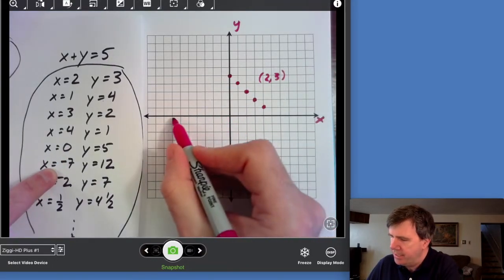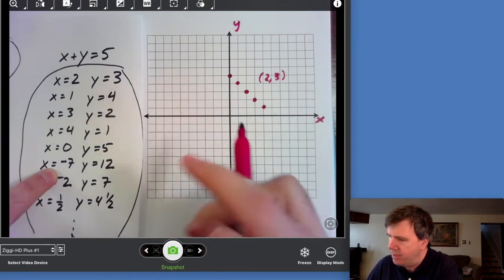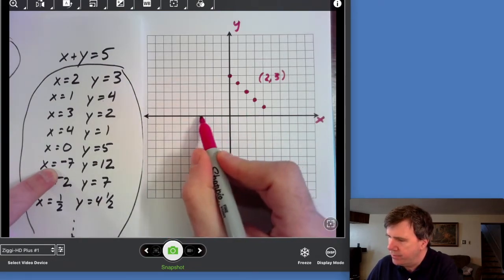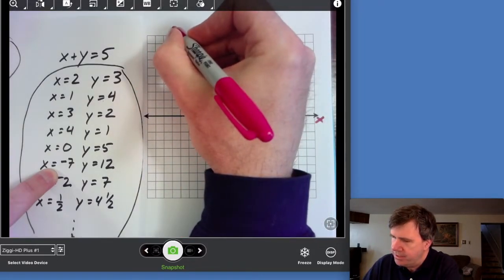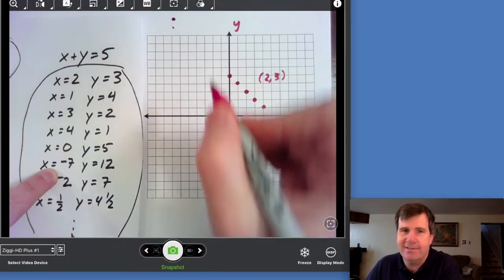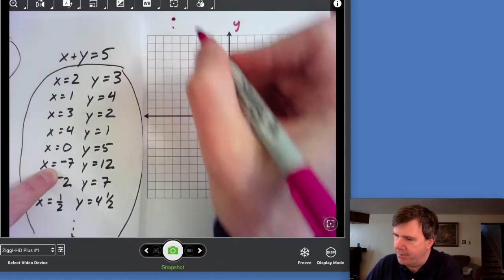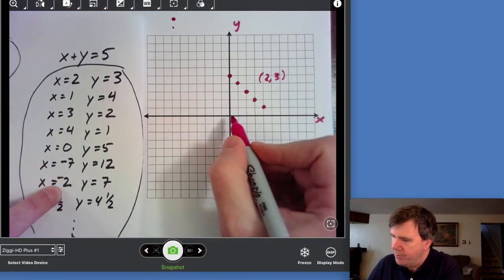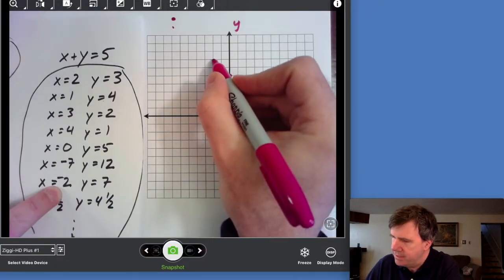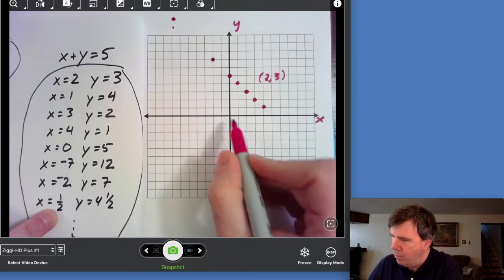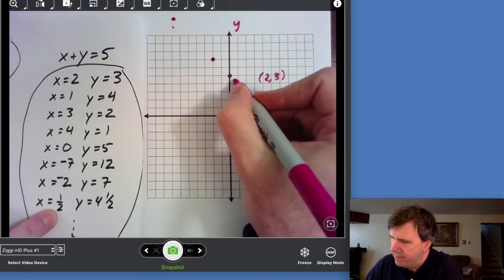I can go to negative 7 and 12, but I think it's going to be off of my chart. Let's see, 1, 2, 3, 4, 5, 6, 7. This goes up to 10. So it still exists. It's just going to be somewhere up there, the second dot up there. But we do have negative 2, 7, negative 2, 5, 6, 7, 1 half, 4 and a half, and so